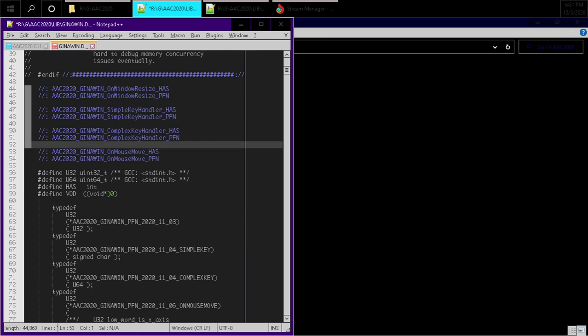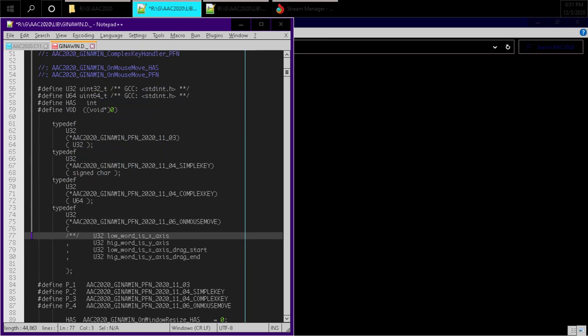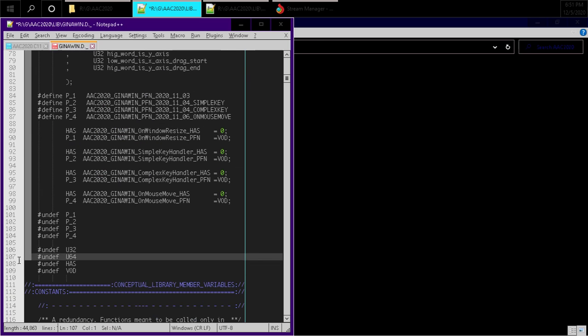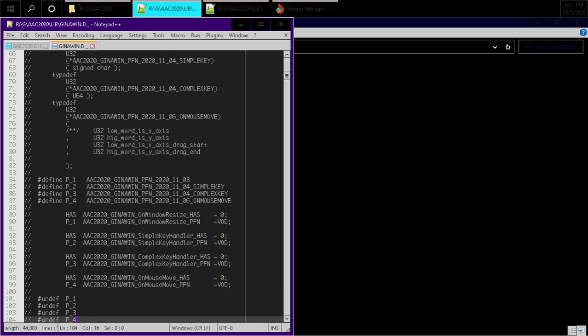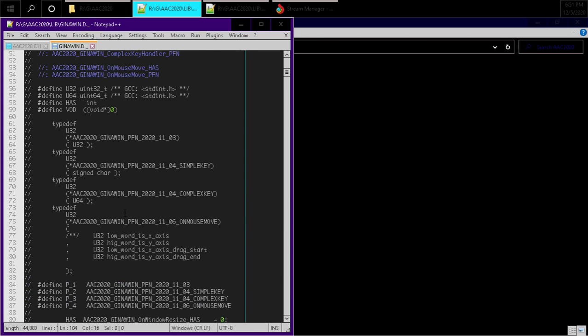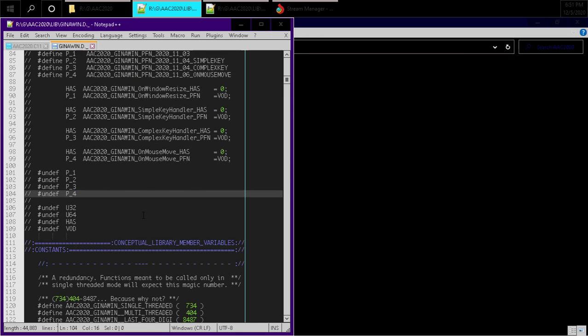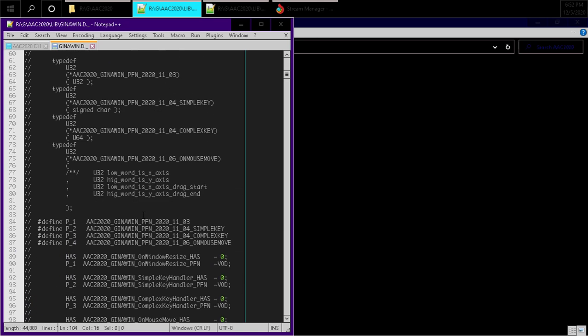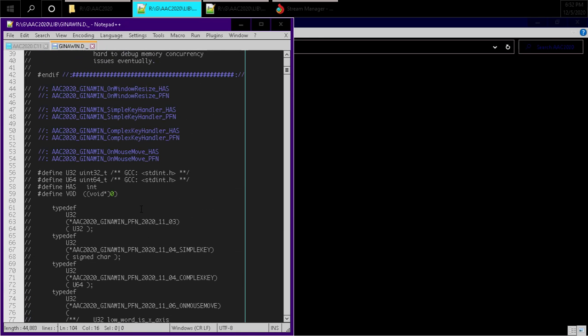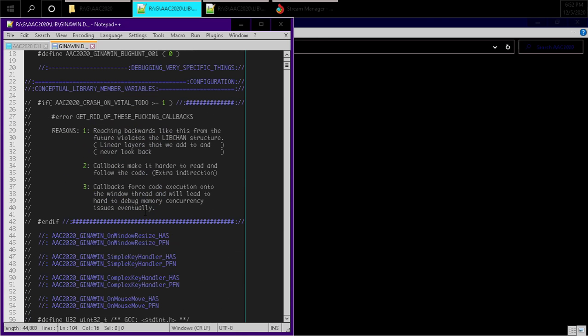I don't want this in the code base anymore because we have the iKey box and iMouse box to allow us to listen for the keys without having to use callbacks,